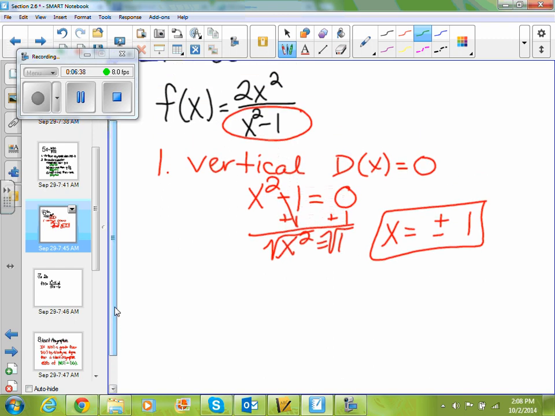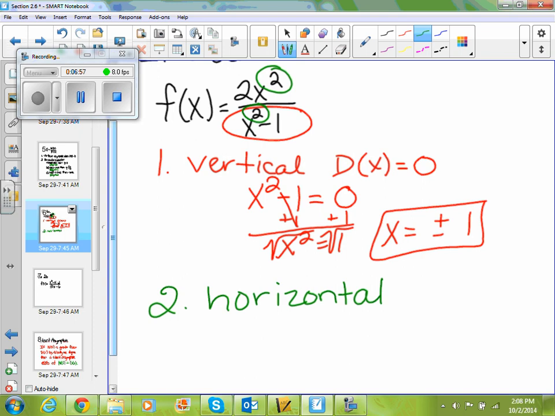Okay, the second part of that was finding our horizontal asymptotes. And there were 3 different conditions that we had to look at for our horizontal asymptotes. We had to look at the degrees of our functions. So the degree of my numerator is 2 and the degree of my denominator is 2, and then we had